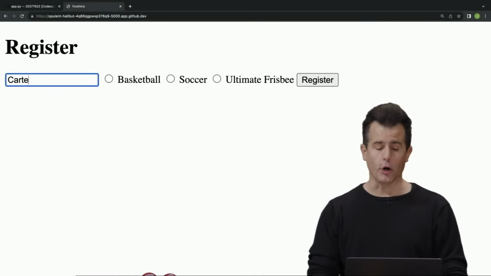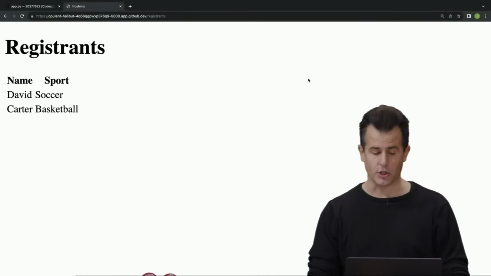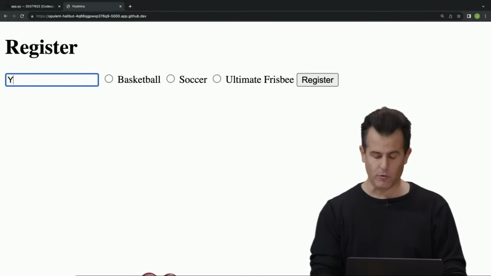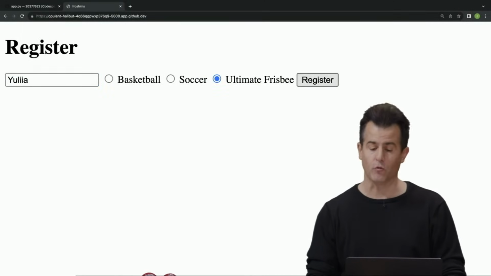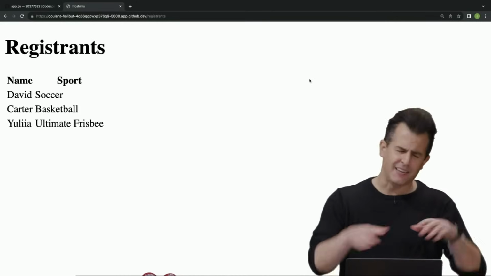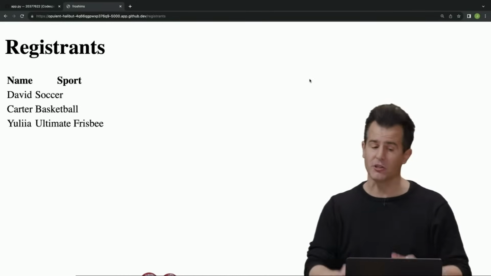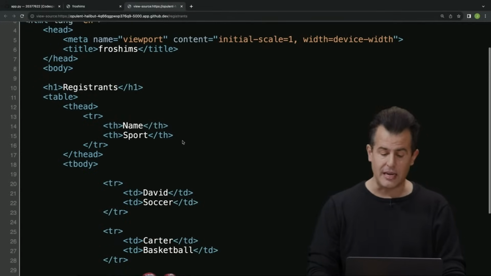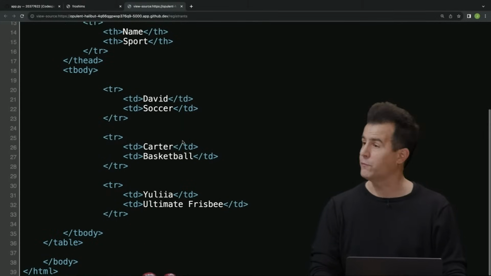And let me register Carter, for instance, for, say, basketball, register. And now there's 2 of us. Let me actually go back to the form. Let me register Yulia for ultimate frisbee, register. Now there's 3 of us. And again, the CSS is ugly, but I do have an HTML table. And if I right-click and view page source, you'll see David soccer, Carter basketball, Yulia ultimate frisbee, all as tr,